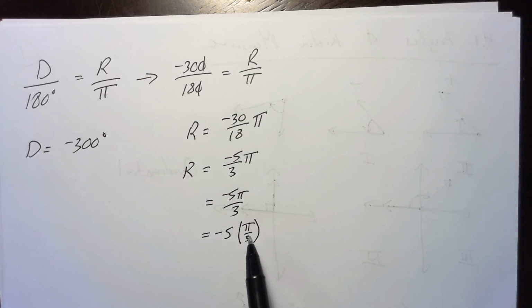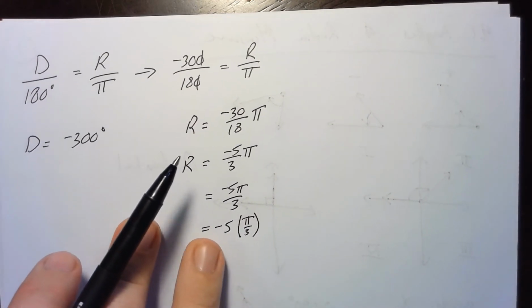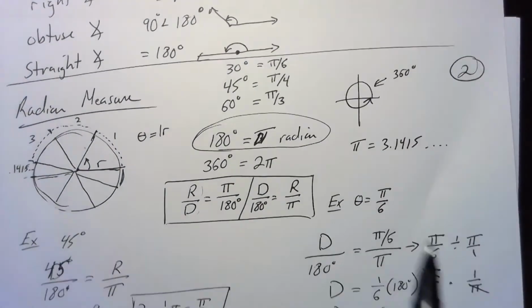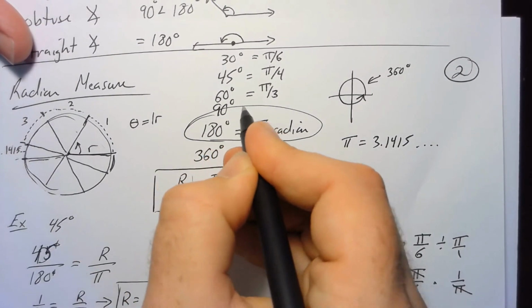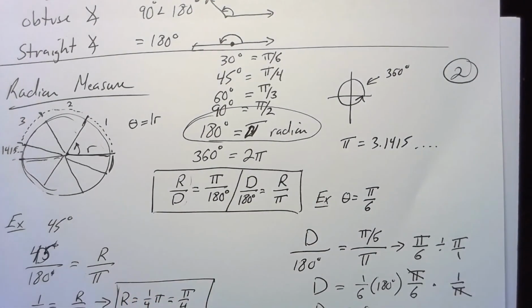Now, if we remember that pi over 3 is nothing more than a 60-degree measure, I can replace the pi over 3 with 60 degrees, and notice that negative 5 times 60 is really just that negative 300 that we started with. So converting back and forth, if we have the basic ones memorized, again, the 30, 45, 60, we should actually have 90 in there as well. I meant to put that one in there as pi over 2. 180 is pi and 360 is 2 pi. If we memorize all these rules, then transitioning from radians to degrees to help us better understand how to work with radians will give us better functionality.